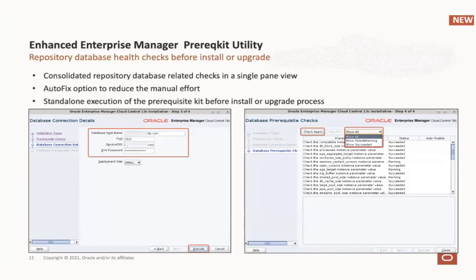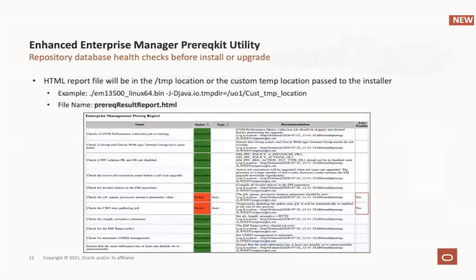So you can invoke it in standalone mode, and then you can run this utility, and this utility will tell you what parameters require a manual fix and what parameters can be fixed using this auto fix option. So you get a consolidated view like this in an HTML report, where you can keep this as a template if you're using it for a fresh install, or